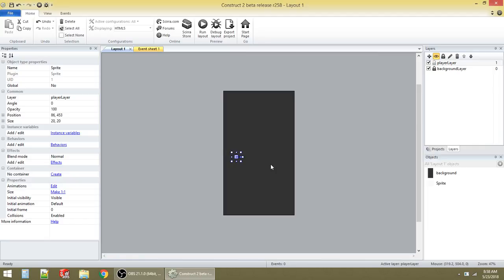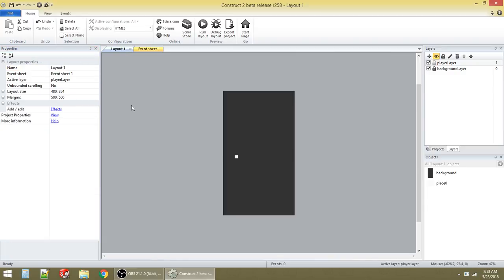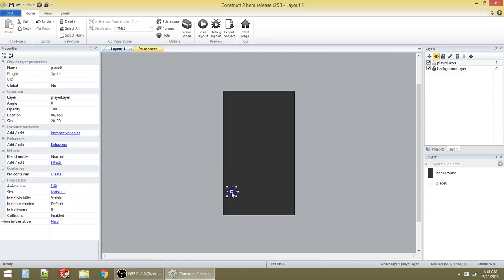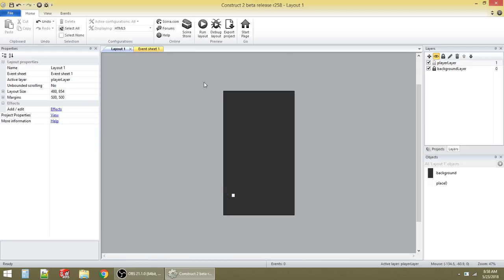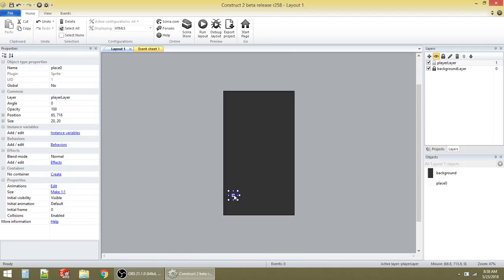Close. All right, so I've got Sprite here. Anybody want to take a guess what I'm going to name this? Place 0. That was a red herring. I'm sorry about that. So I named it Place 0. With it named Place 0, Mitchell. I have a question. Yeah. Is this like going to be like in like an original Fallout game sort of? No. Place 0 is